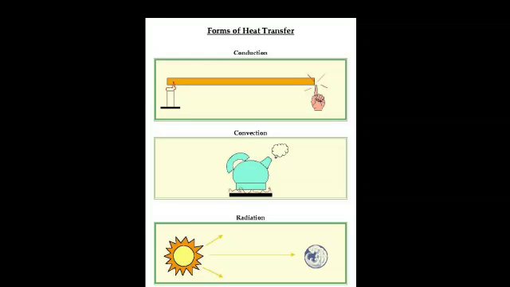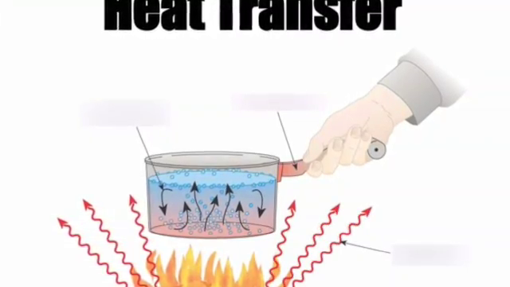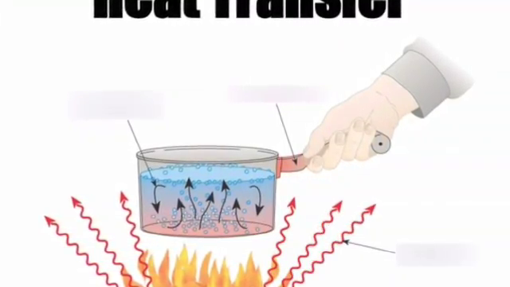So there are the examples you can see. On one side there is a candy, on the other side there is a finger, and between them is the iron object. So that is heat transfer through conduction. Second is the kettle, third is the radiation. This is also shown in the diagram, how heat is transferring.